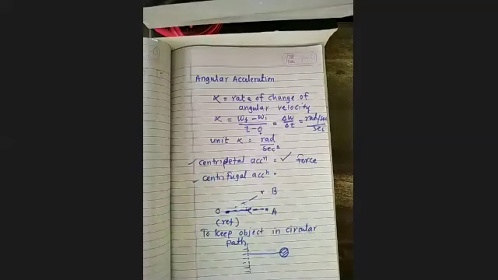So simple. We can take an example of any object which is moving in a circular path. You can take the example of the blades of a fan. You can even take the example of the blades of a mixer grinder. You can take many more examples. Even you can take the example of Fugdi in our Maharashtra, where we keep hand in hand and rotate about a certain axis.